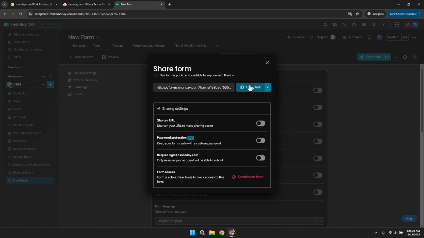And there you have it. Your form is now live and ready for use. By following these steps, you've not only learned how to create and customize a form in Monday.com, but have also equipped yourself with a powerful tool to streamline your data